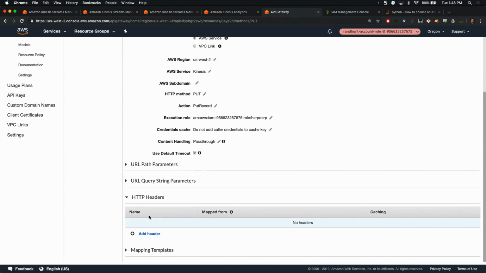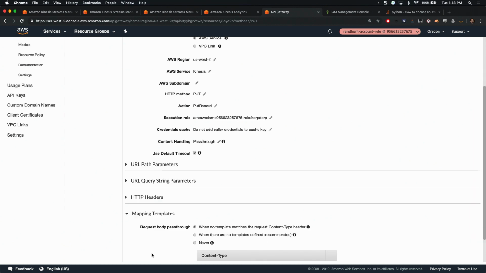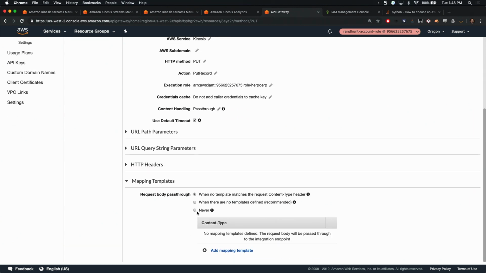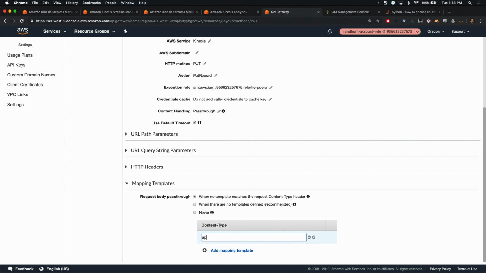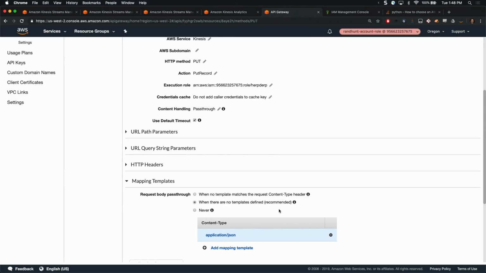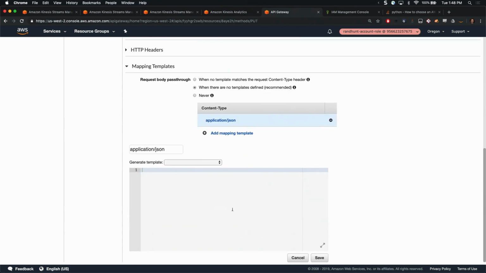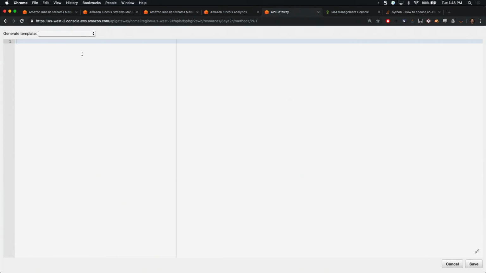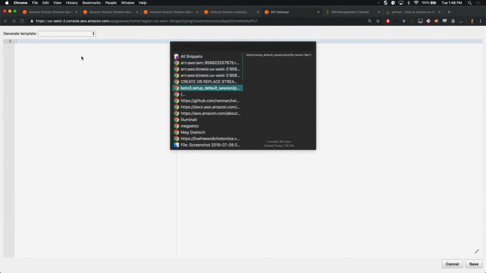We want to add in a couple of HTTP headers, but let's focus on the mapping template first. So the mapping template is going to look like this. Application/JSON. And yeah, we want to secure this integration. And then I've learned recently from you that I can do this whole shindig. That's right. And what we want, boom,